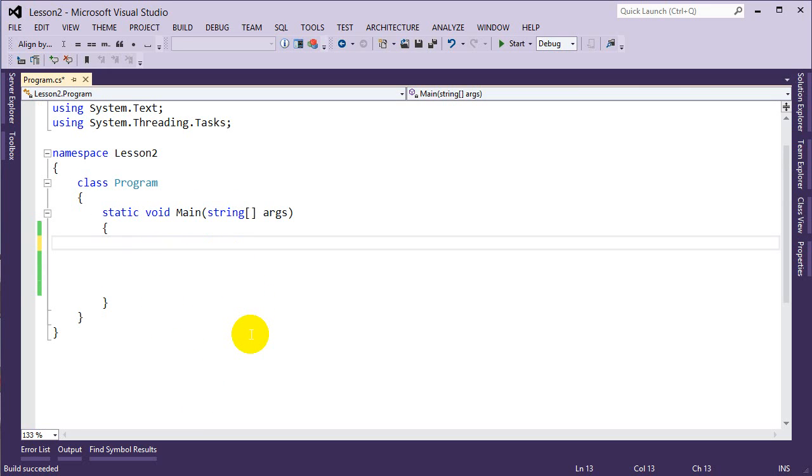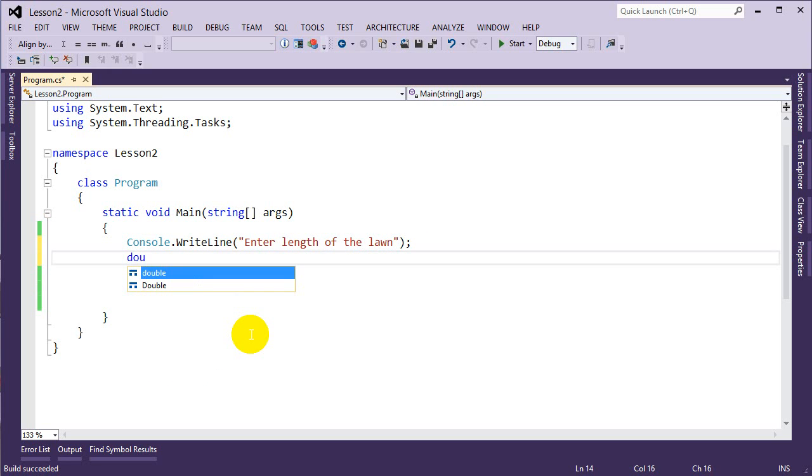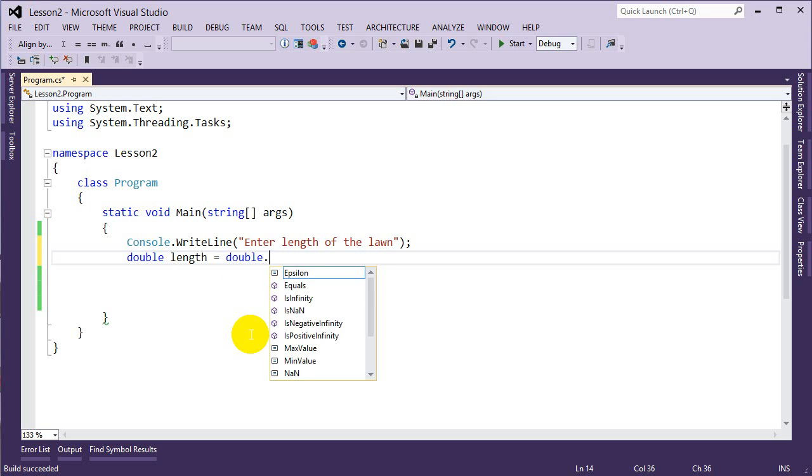Alright, let's get started. The first thing that we have to do is prompt the user to enter the length of our lawn and the width of the lawn. So let's do that. We'll say Console.WriteLine, enter length of the lawn, and now we have to store that somewhere. So we'll store that into a double. A double can hold a decimal value, because they could put in a decimal. So we'll say double length equals double.Parse